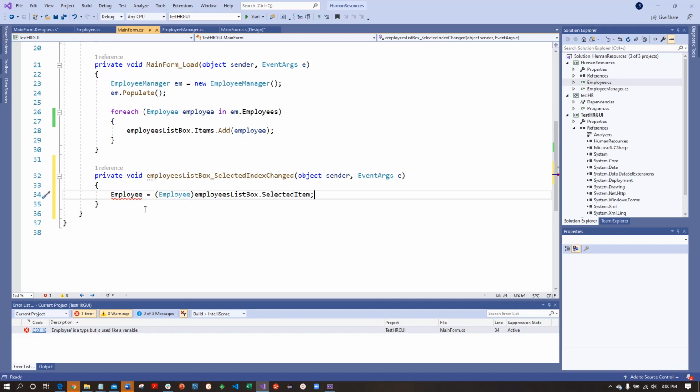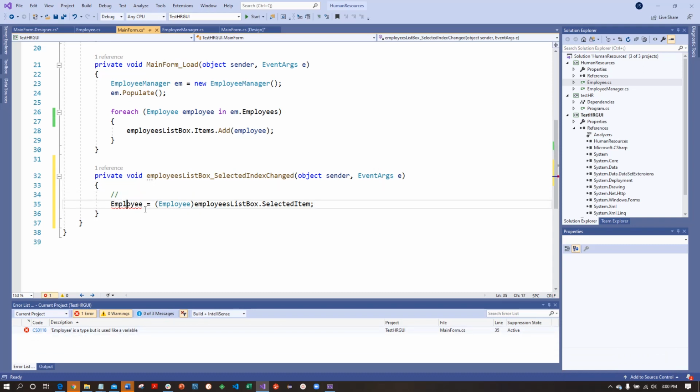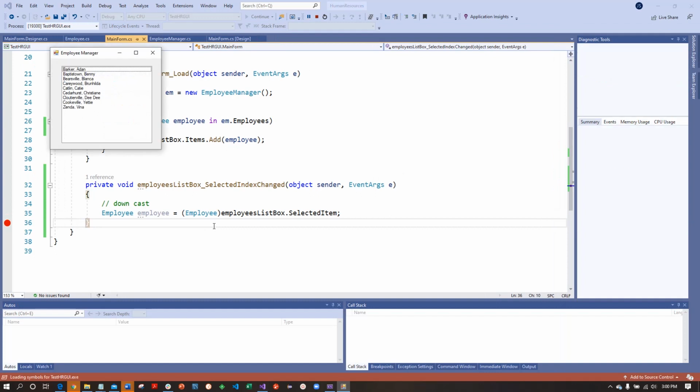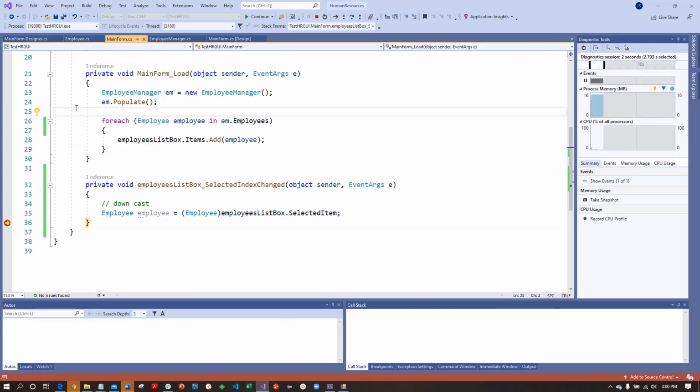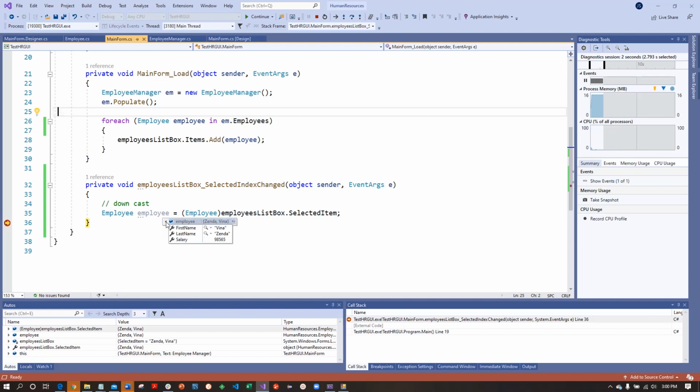Here. And this is actually called a downcast. Since it's taking the object and downcasting it in the object hierarchy. Remember, everything inherits from object, so we're downcasting into the object hierarchy. If this is not really an employee, this will encounter a throw here. Let's put a breakpoint here, and we'll see if this works. And we have the employee here. And the downcast we would have had thrown already, and we can see that the selected item is the employee